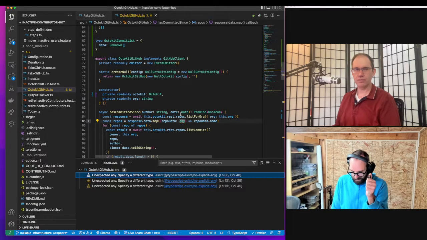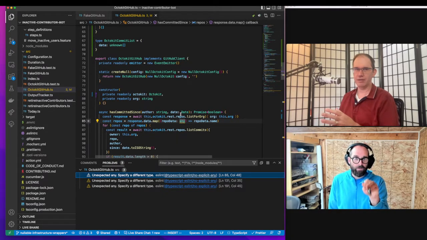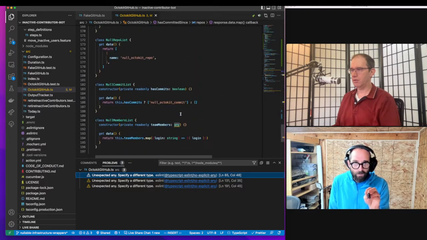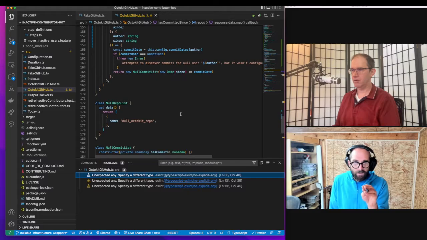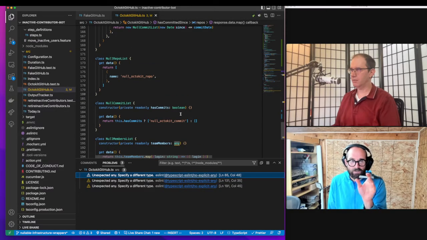But this bit here is interesting. There's two places in my head where we're missing things, and actually I think we should ignore this one for a minute and do something else first. Are you talking about the any on line 85? There's three of these, and I want to ignore them. If you scroll right down to the bottom of the page, where we've got our null members list and null repo list and null commit list, what we can also add on here, just to make sure that everything's consistent or it's clear,